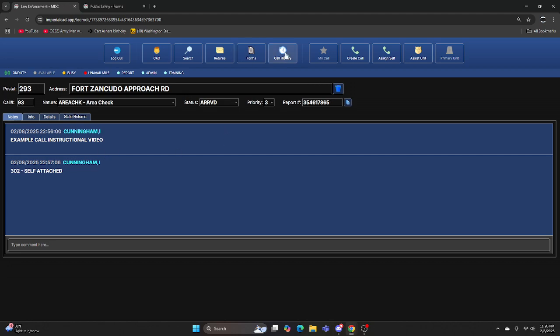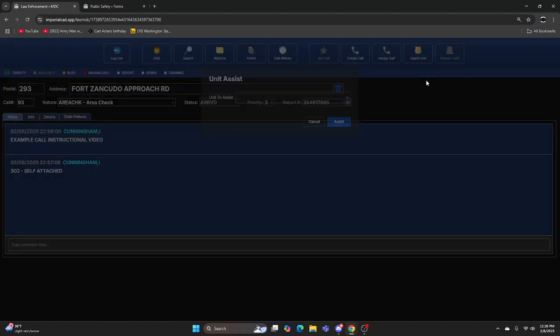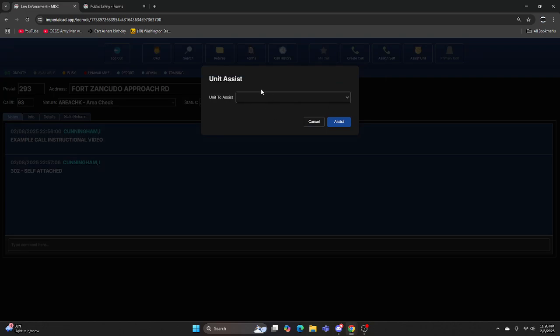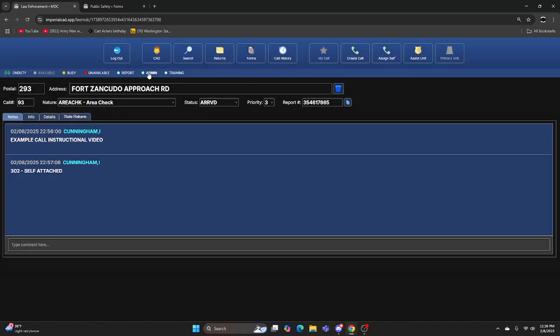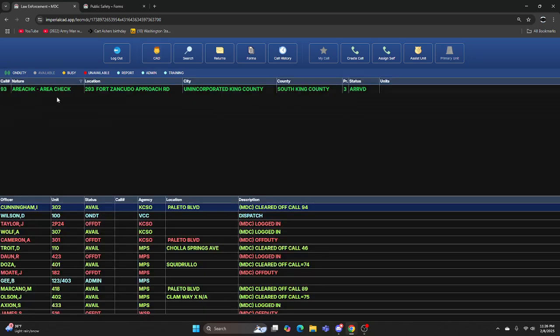This call can also be closed. This part, assist to a unit. If you want to assist a unit, a call for any unit will be listed here. You can assign yourself to that unit, and it'll assign you to the call. And that is pretty much everything for the